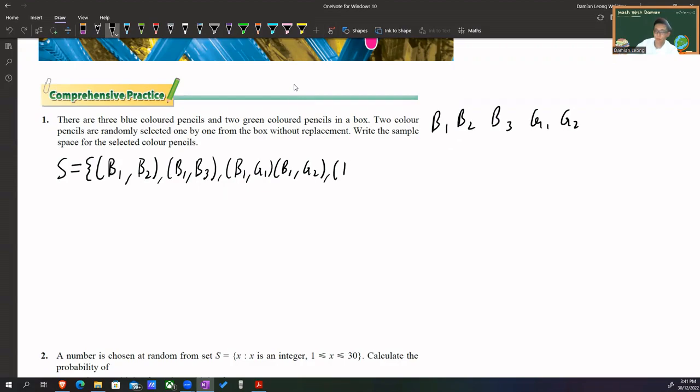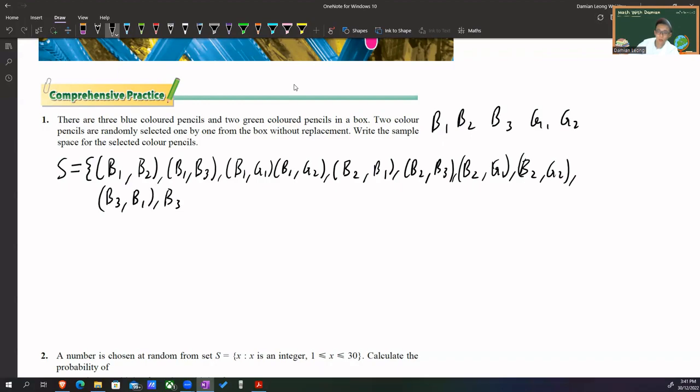So, blue 2, blue 1, blue 2, blue 3, blue 2, green 1, blue 2, green 2, then we start from blue 3, blue 3, blue 1, blue 3, blue 2, blue 3, green 1, blue 3, green 2,